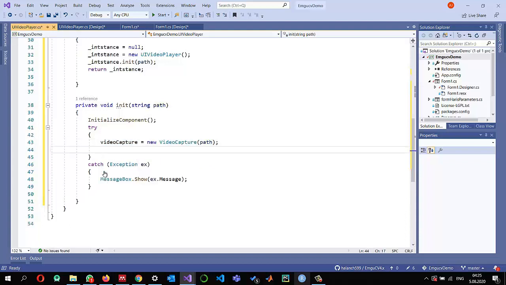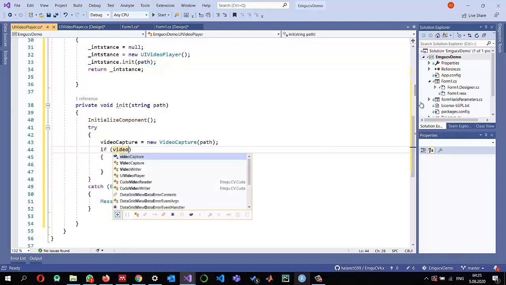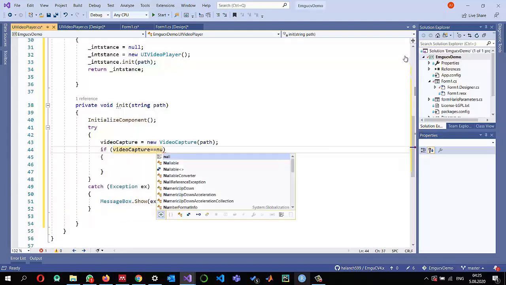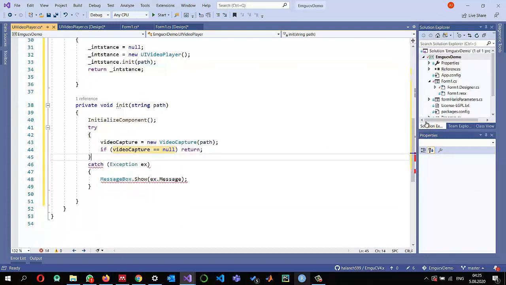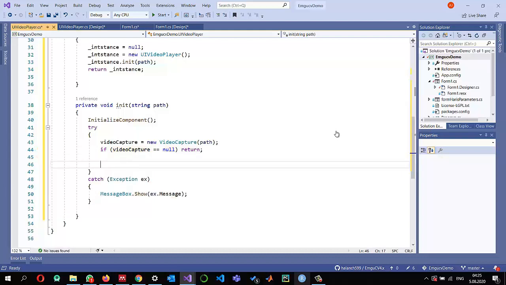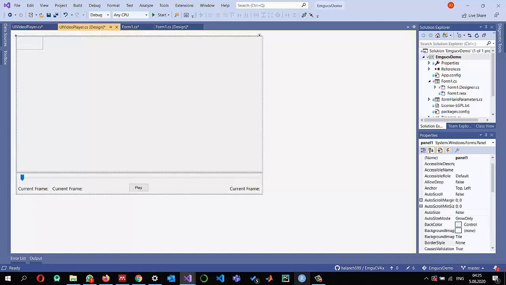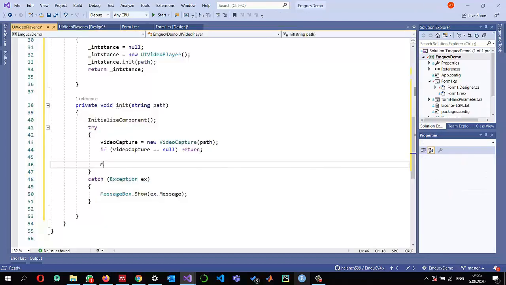Okay, once we have the object, we want to read the first frame, but I need to make sure that if video capture equals null, then we cannot do anything. I'm going to return. I don't need these two, so let me do something like this. Okay, and we make sure that the video is there, and now I want to just read the first frame and display it here. So what I need is a Mat. Let me call frame is equal to new Mat object,